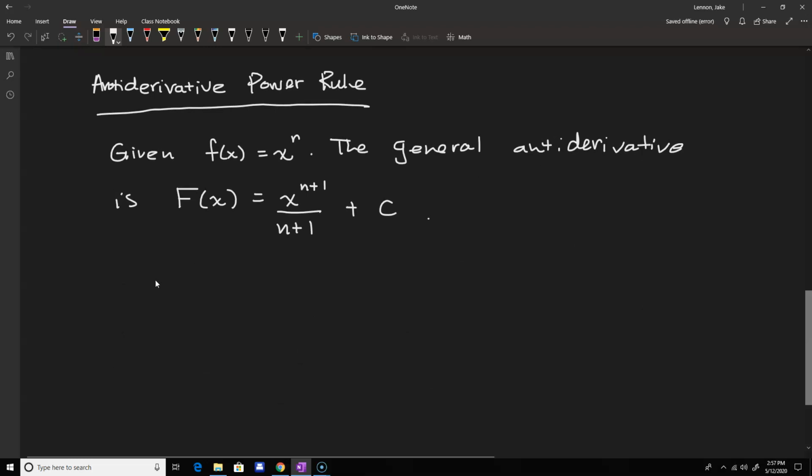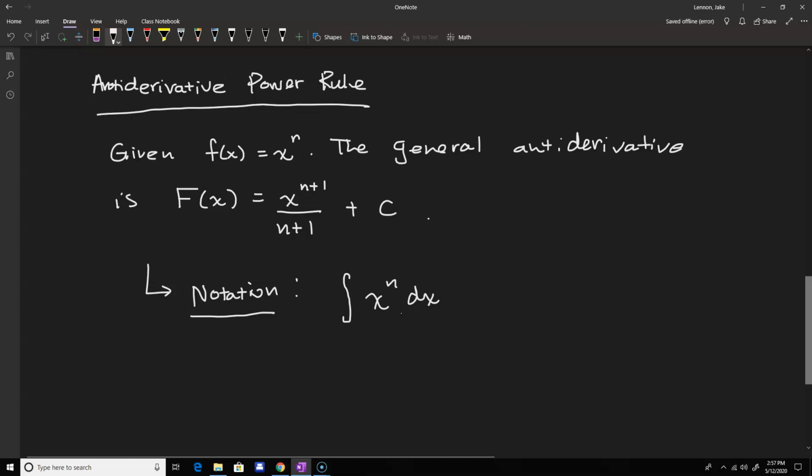So let's just add some notation in here. Usually we're not going to write out a whole sentence saying this is the antiderivative and so and so. So what we have is what's known as the integral, and the indefinite integral is this elongated s. If we write the expression where we have this integral symbol, we have our integrand, which is the formula that we're trying to find the antiderivative of,